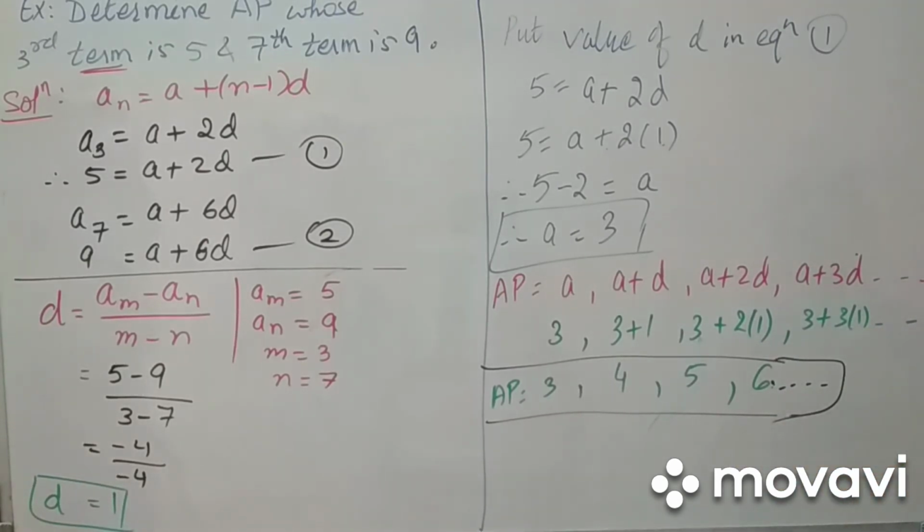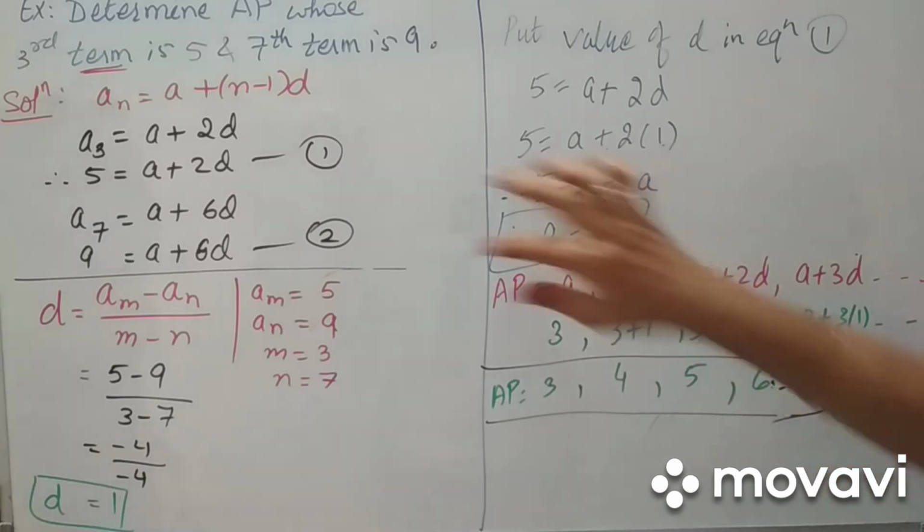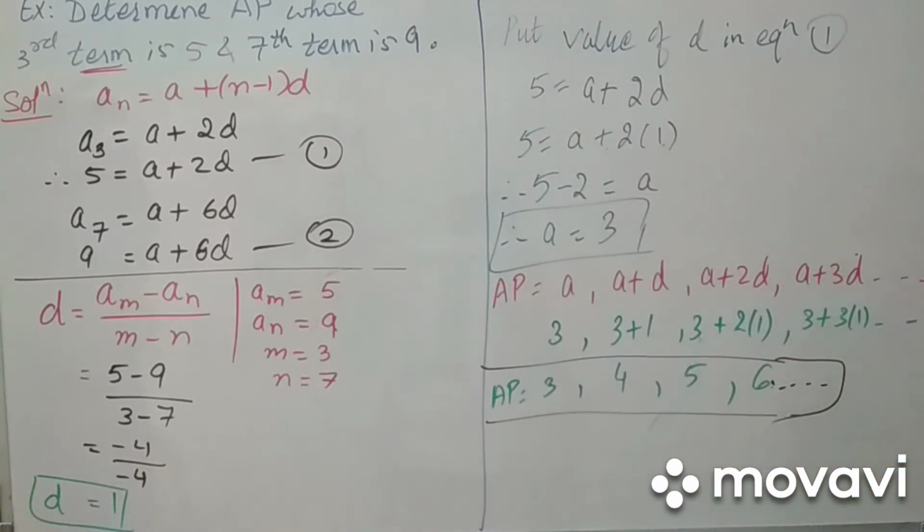Okay. So dear students, you understood how we can solve it. And in the textbook what is given? They have simplified by the elimination method and they got the value of D. And then the last steps are the same for the textbook and mine. Only this much part is different from the textbook. So you can write the formula for D there in the textbook itself, easily get the value of D and then put it in our AP. What we have found is A, A plus D, A plus 2D, A plus 3D and so on.